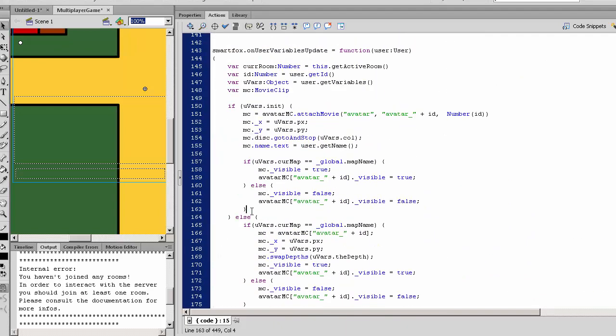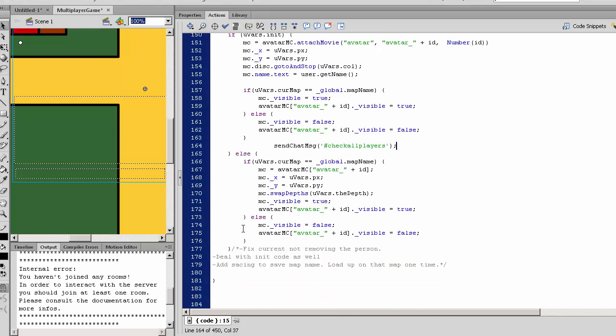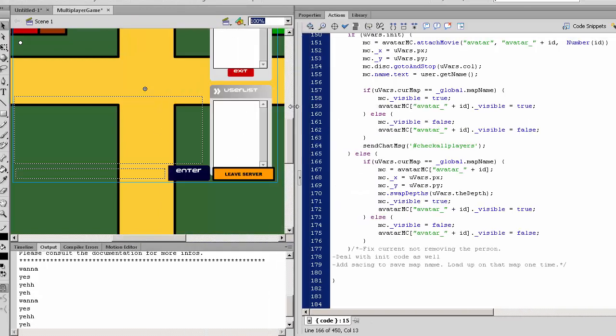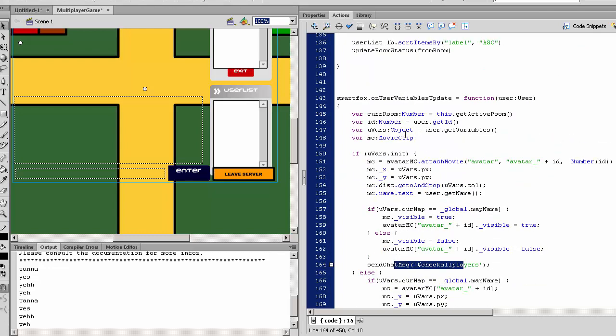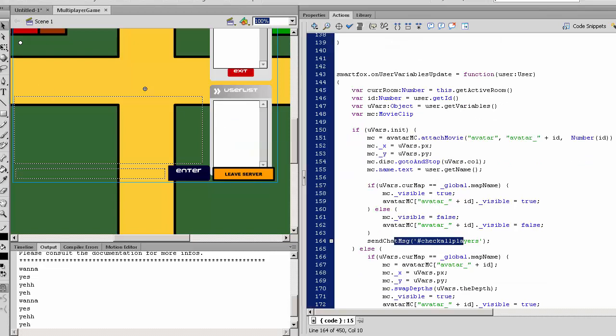So if it is in it, send chat message, not else, because then that will really slow down the server. Else happens 24/7, so that will just make a for loop of sending chat messages and checking this update to this variable update. So let's save this,